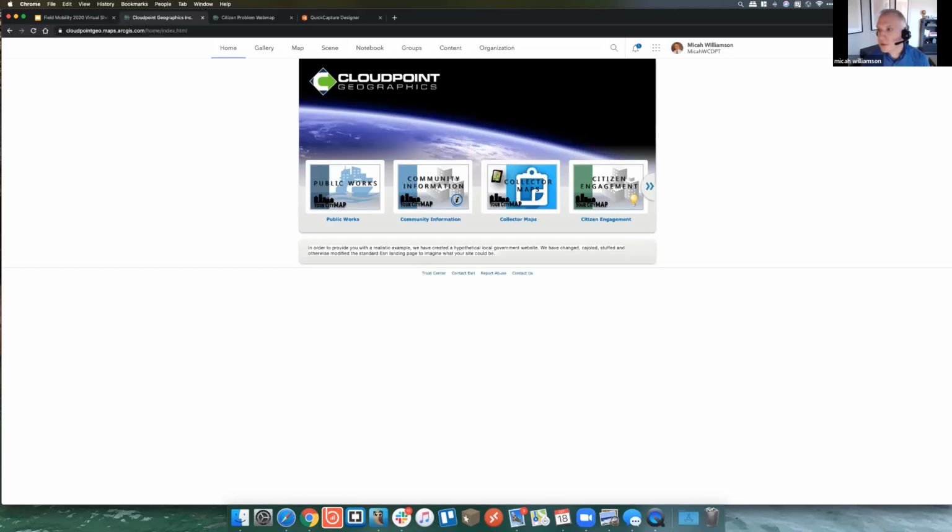Okay. So I want to focus a little bit on QuickCapture, and with the time that we've got, I actually want to do a demo and walk through the creating of an application or a couple of different applications. But one of the things I wanted to do is, QuickCapture is new, and I want to discuss the difference between a Collector map and a